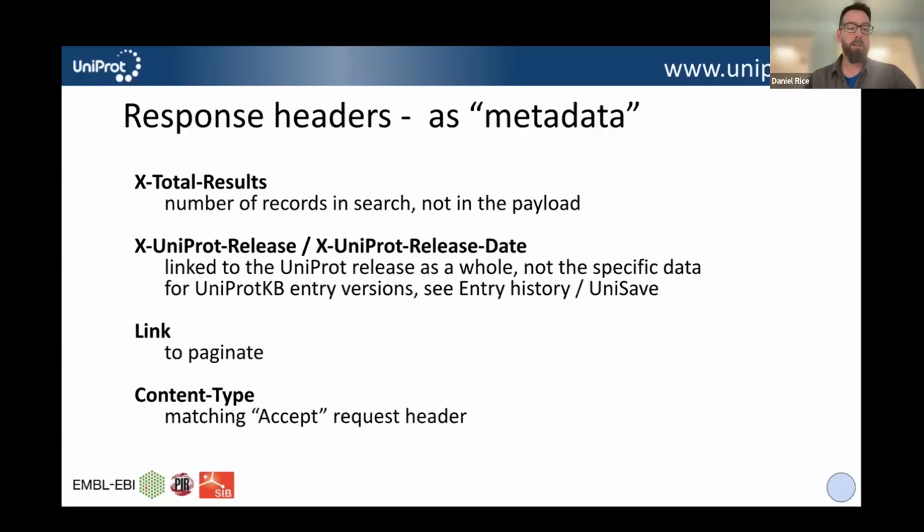And then we have a link header, and this is for pagination, which ties into the external results. That will be clear when I show the demo. And then finally, we have content type, which is specifying what actual kind of file format you've requested. Yeah, let's look at these